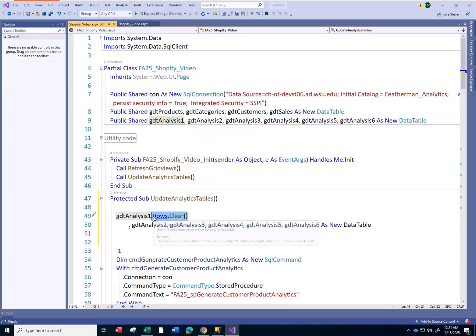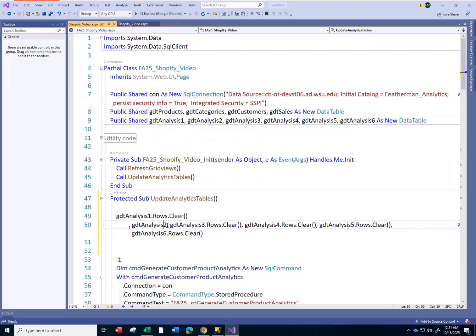You got to clear out the old data before you fill it with new data. It's easy to go from the back to the front. If you go from the front to the back, some of the IntelliSense gets in the way. And pretty sure you can only have one of these per line, so